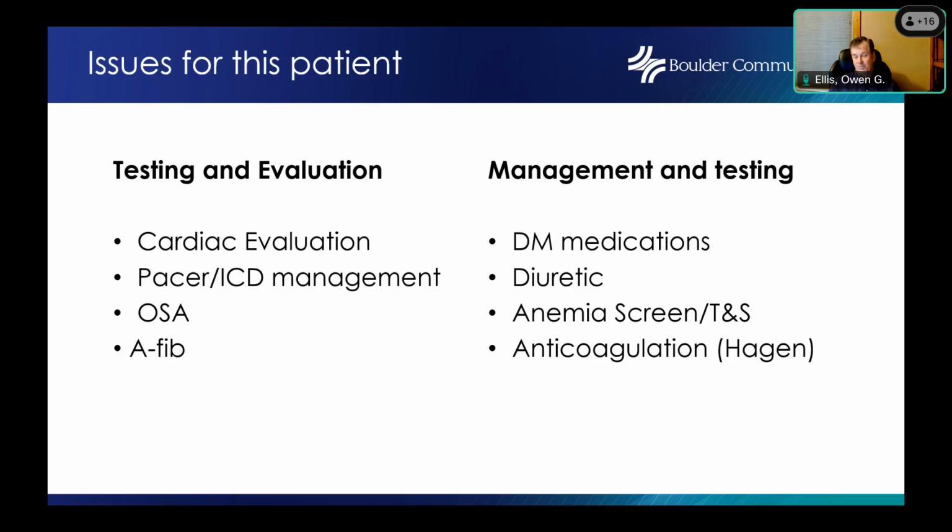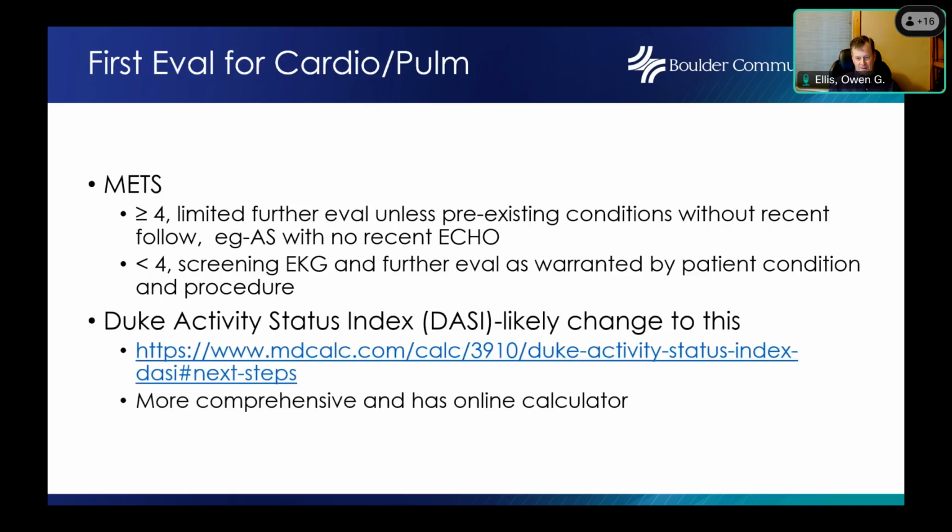Are they anemic? It's a big surgery. Are we going to do a type and screen? Things like that. And then we still have to deal with the fact that they're anticoagulated. So this is the brief overview. We use a very sort of, it's not really a red line, but it's a pretty rough line. If they're greater than or equal to 4 METs of activity, that pretty much limits what we do, except we